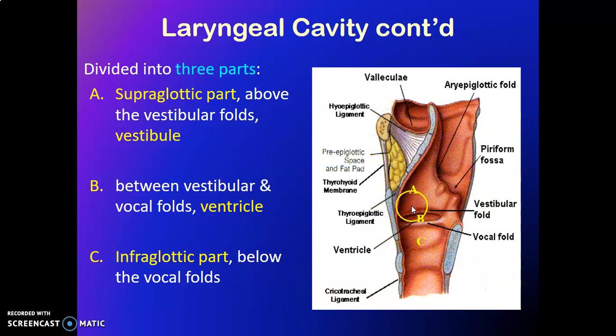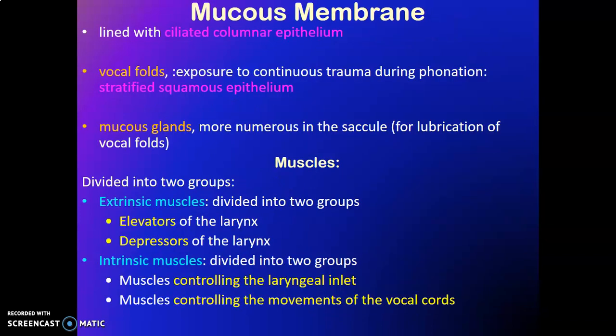So the mucous membrane of the larynx is lined by ciliated columnar epithelium. It's a respiratory epithelium, and we have the vocal folds, which, because they're exposed to continuous trauma during phonation, as you produce voice, there is continuous trauma. So the vocal cords are actually lined by stratified squamous epithelium. So the larynx is lined by ciliated columnar epithelium, but the vocal folds have stratified squamous epithelium because of continuous trauma during